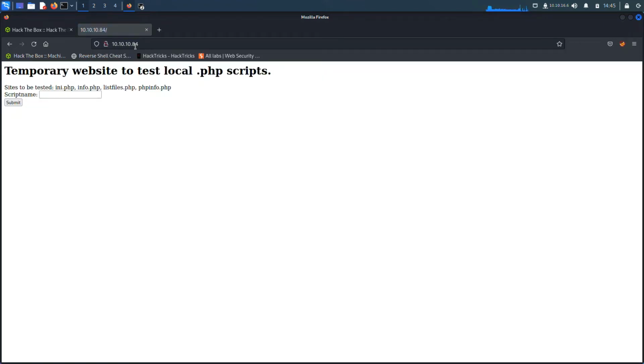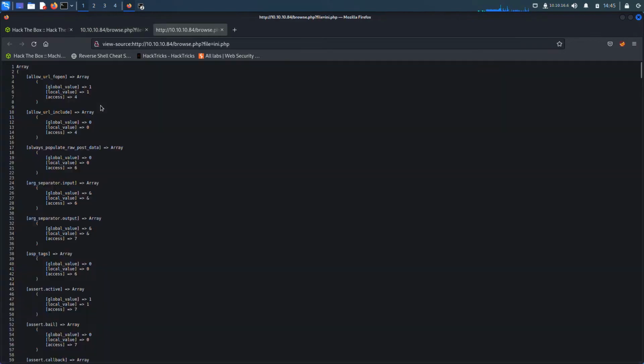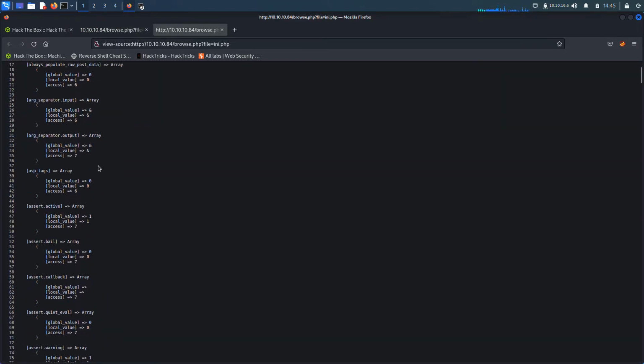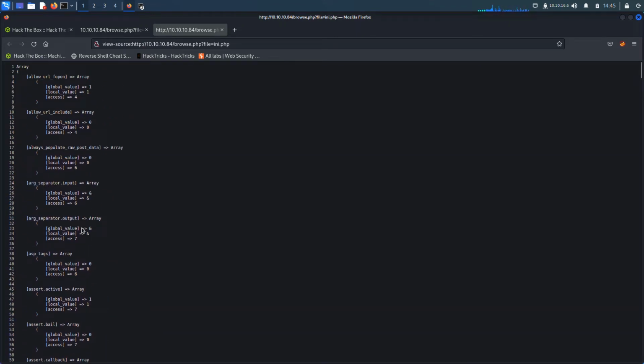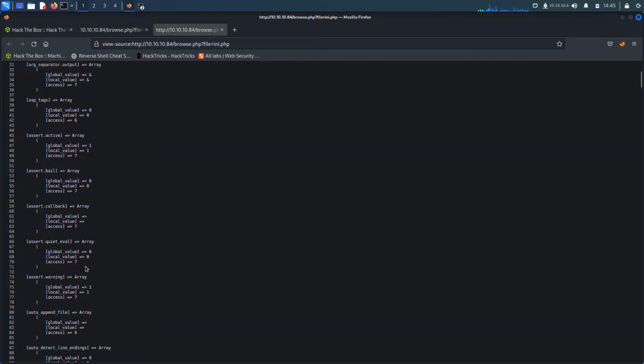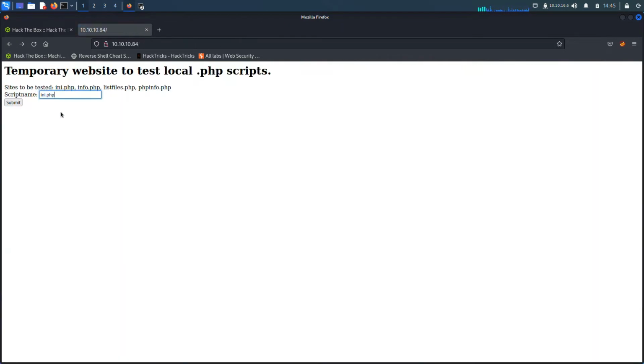Temporary website to test local PHP scripts. Sites to be tested: ini.php, info.php, listfiles.php, php-info.php. So let's start with the first one. This one is, as usual, just a config file. It's a PHP config file, no more, no less, nothing special here. We cannot really do much with this. So we can try the next